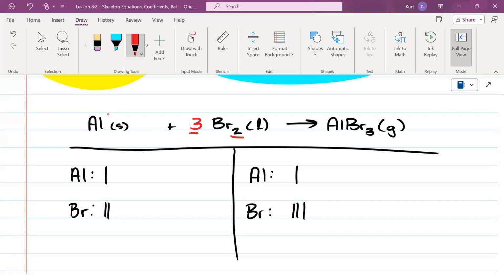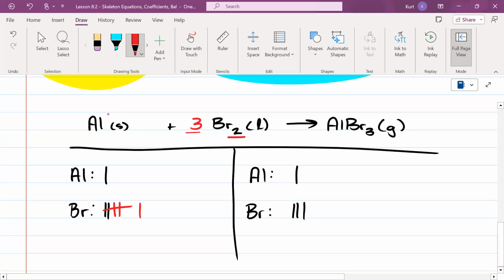I want you all to look up at the screen because every second in this matters. Use your eyes that you have. I'll do that again because I saw a lot of you looking down. You multiply the coefficient times the subscript. So what is 3 times 2? You now have 6 bromines on the left. Okay? So Olive,